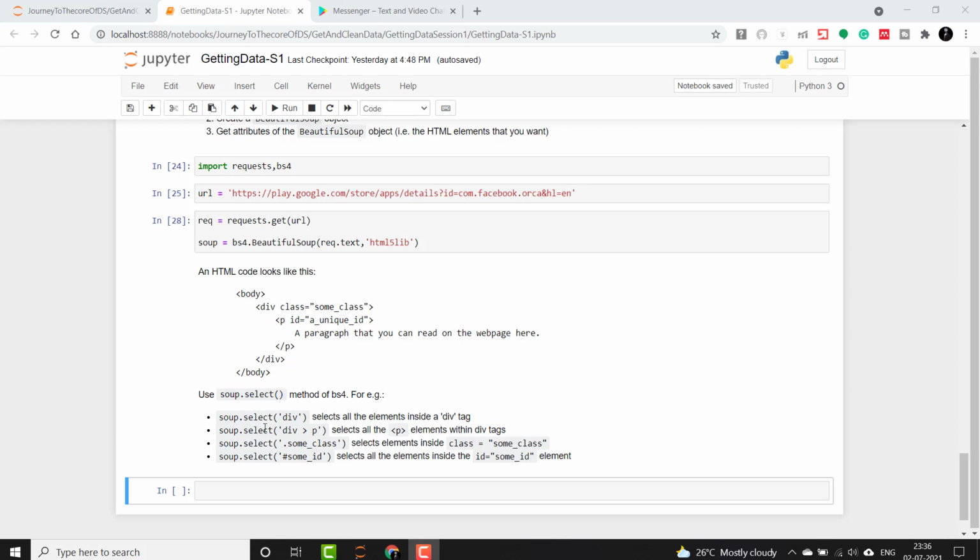There are various selectors it gives. The first one is for div elements, the other is for selecting the paragraphs within div tags, or selecting elements inside a class, or selecting all the elements inside an ID using hash. Now we need to find either the IDs, classes, or divs inside which the reviews are located, because our main objective is to see the reviews.